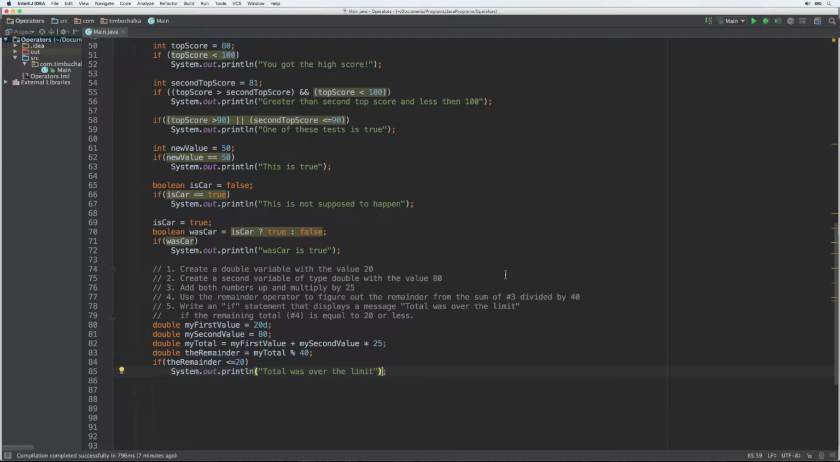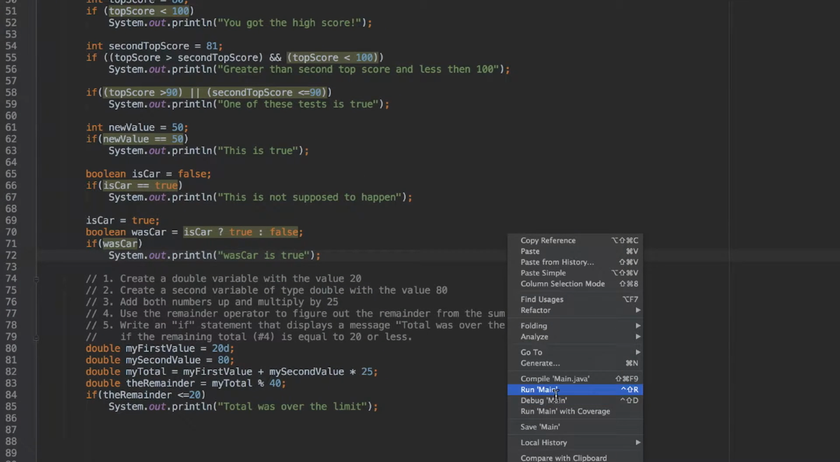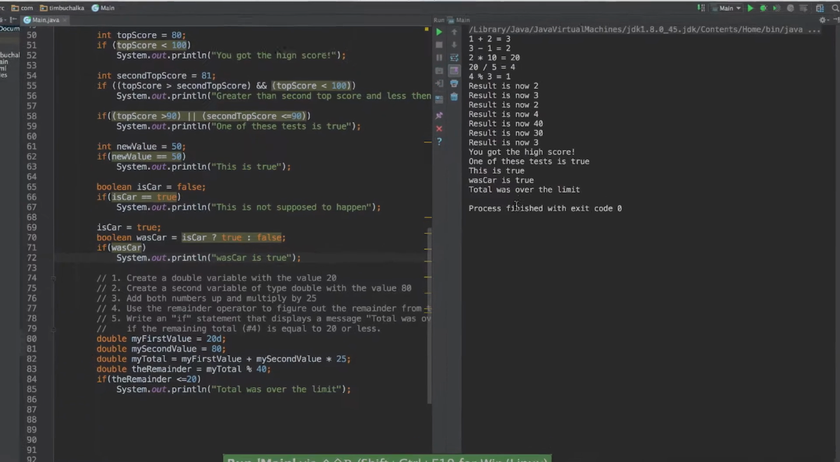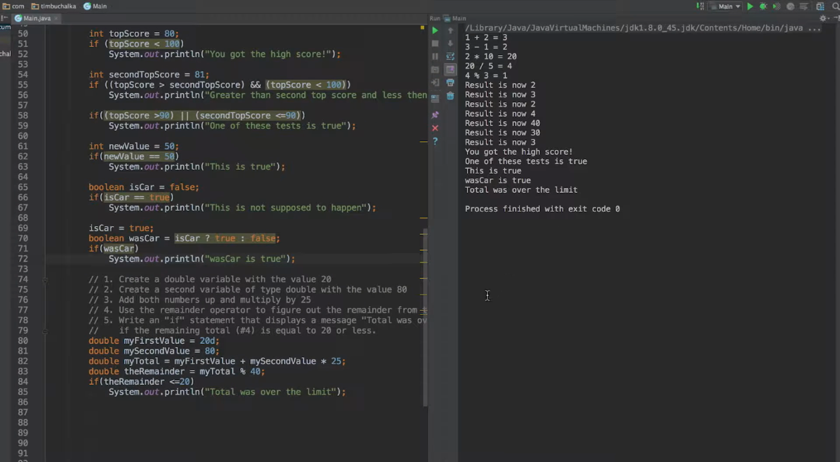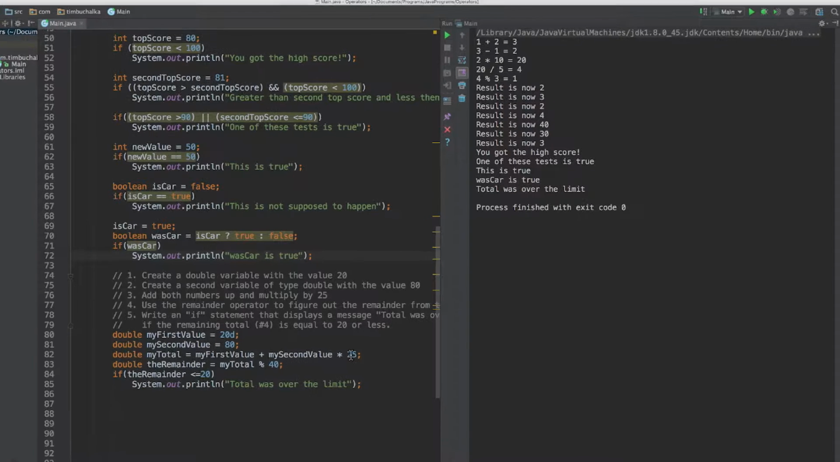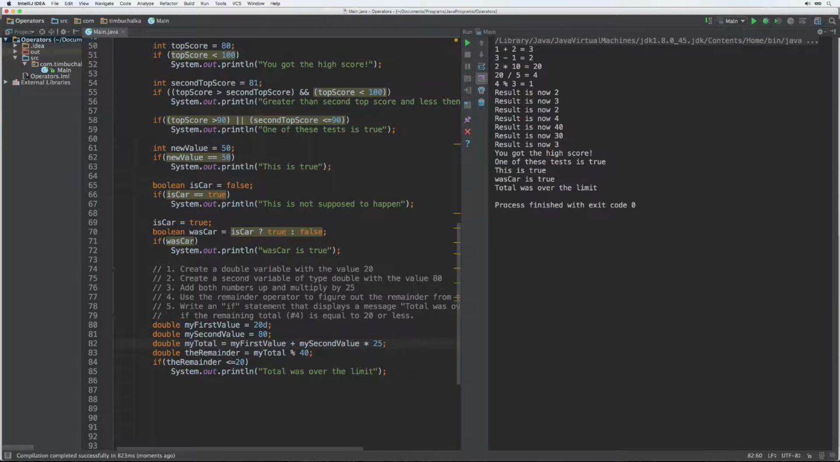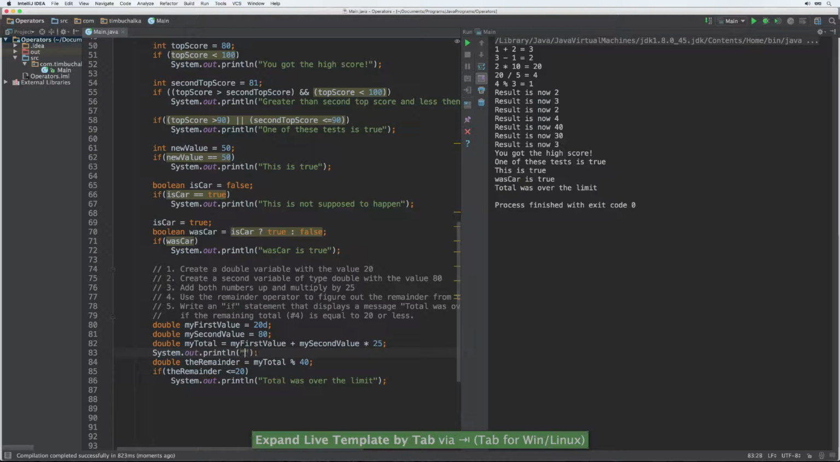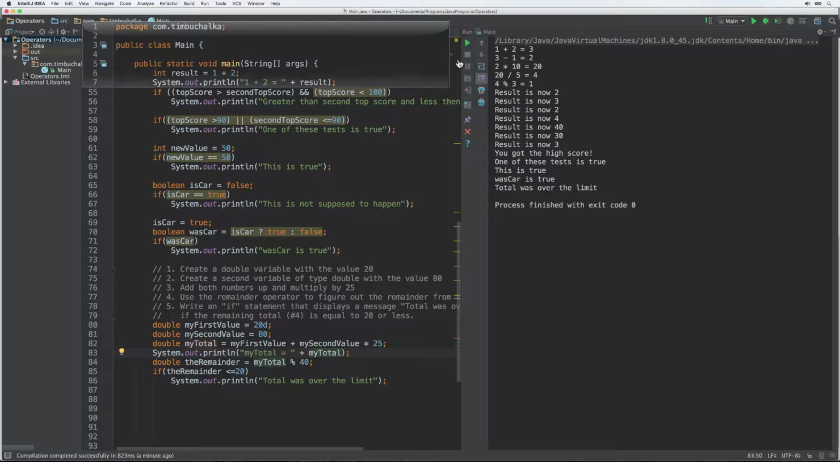So let's actually try running that. Total was over the limit. So what we need to do is go through this step by step. We'll do some outputting here. On this first line, let's put an output, and we'll put my total equals and my total, so we're just going to display that to the screen. In theory, my first value plus my second value, so that's 100 times 25, should be 2,500. So if we run that,